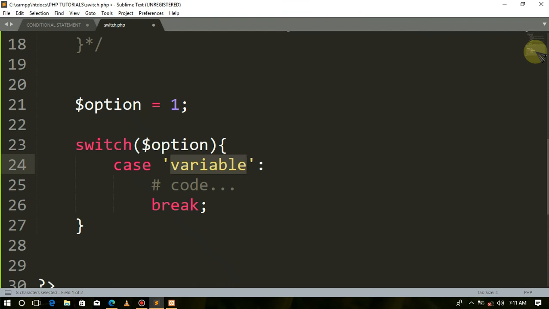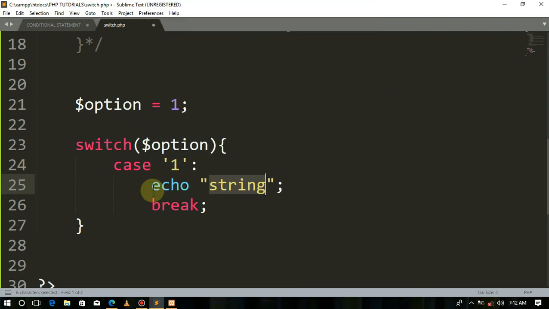So case, if it's 1, what do we do? Maybe you can tell the person that you've chosen from the options, we have 1 to be, so let's say